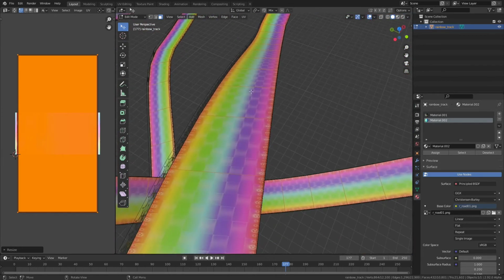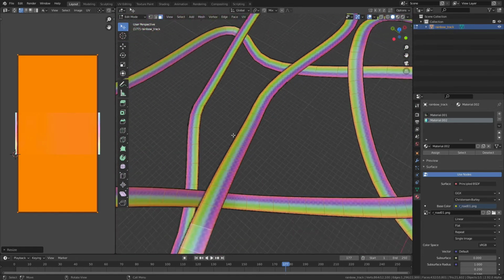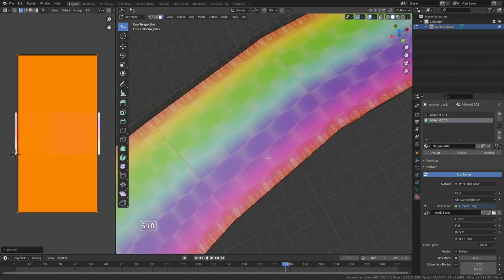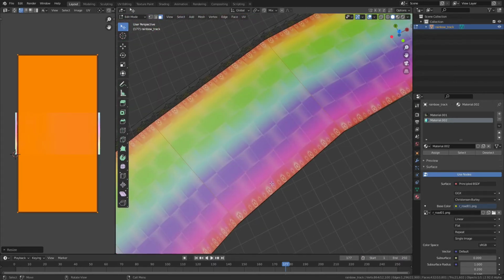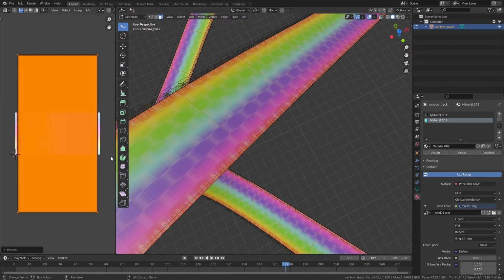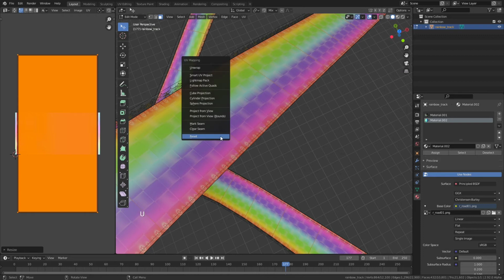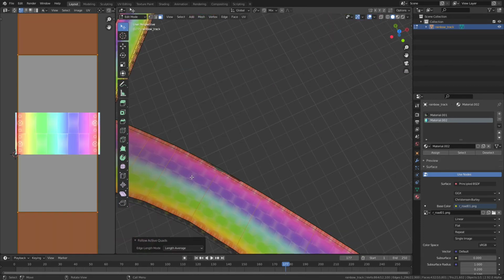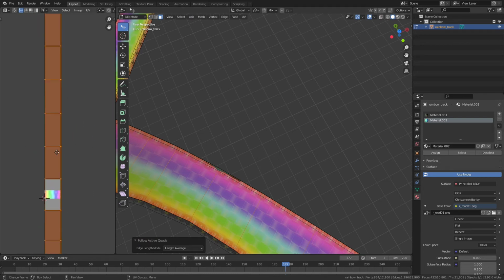However, you will find at the corners where the faces are smaller, you can see that the texture is more compressed here than at parts where the faces are larger. So to fix this, I can press U again and then Follow Active Quads. Now the UV mapping should be the same dimensions for all faces. As you can see here, some faces are larger and some are smaller, whereas before they were all the same